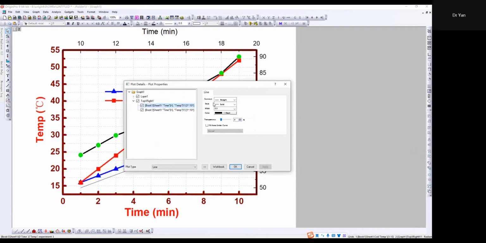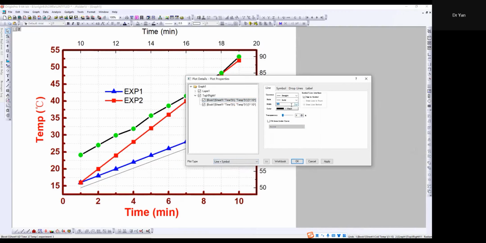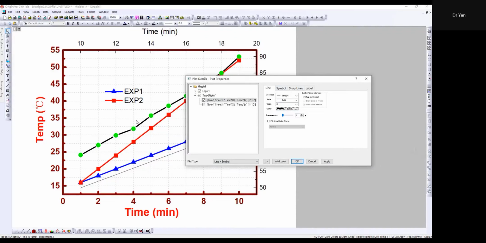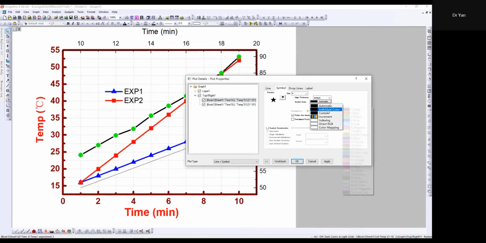Okay, and here's another one right here. The same. We just select the type of the plot, line and symbol, and the width will become 3, and the line will be black, the same as this line, right? And for the symbol here, how about this one? Oh no, how about this one? How about this one? The star. Okay, star right here. And I just want to make it a same